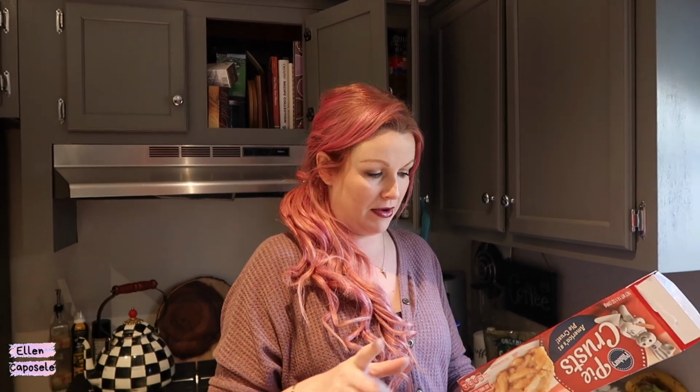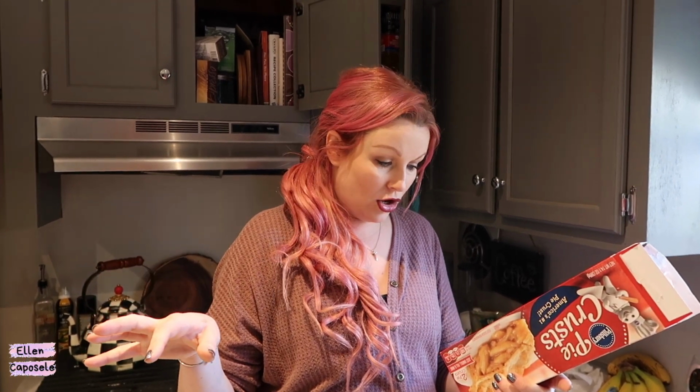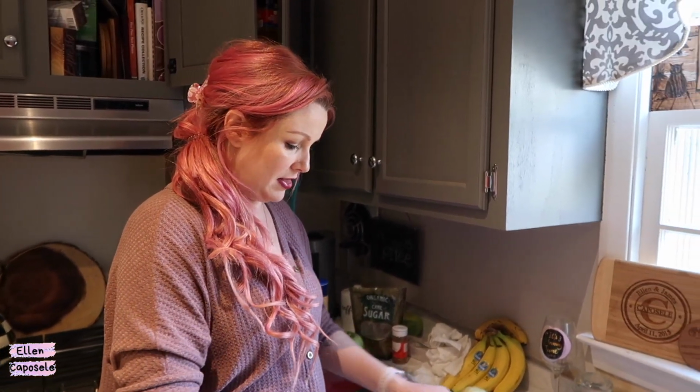I preheated our oven at 425, so that's been already heating up and it is ready to go. And then you bake it for 40 to 45 minutes, or until the apples are tender. But I think after the first 15 to 20 minutes, you have to get some tin foil and cover the edges so that the edges don't burn. I'm gonna try to make this look...